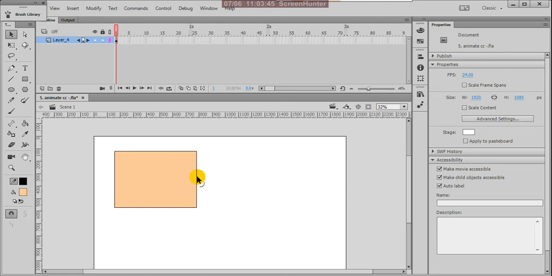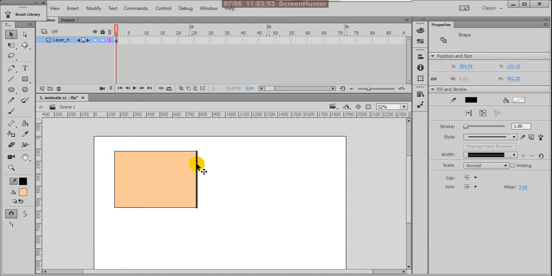In the same way, you can select this and check your properties.